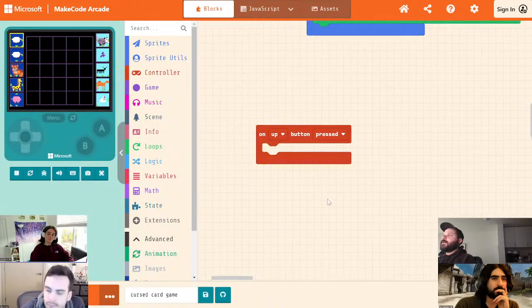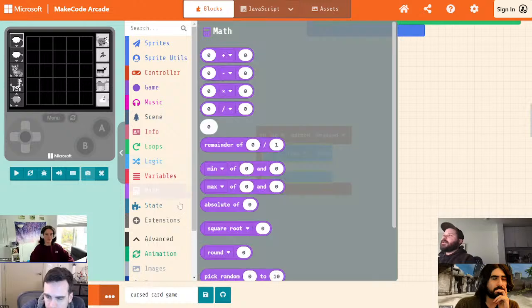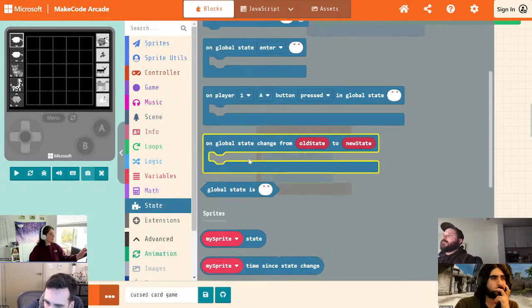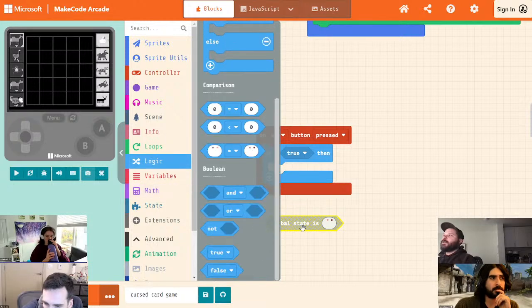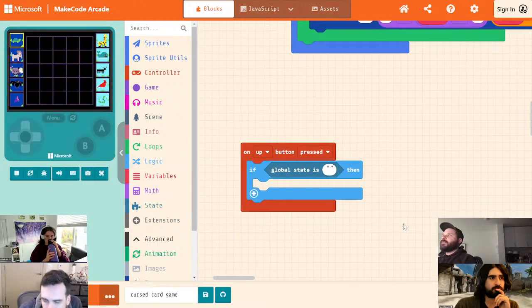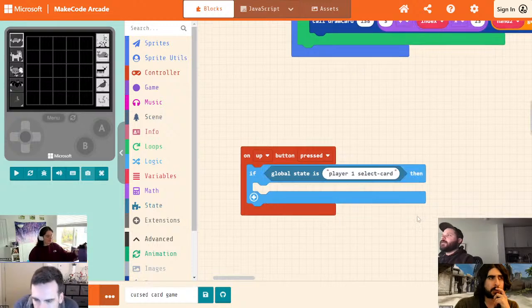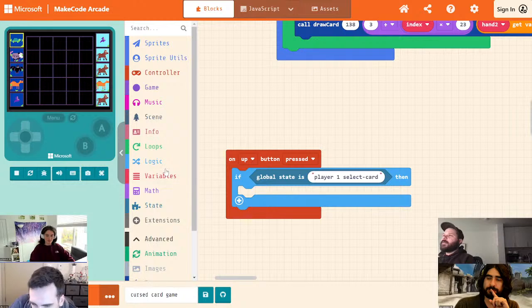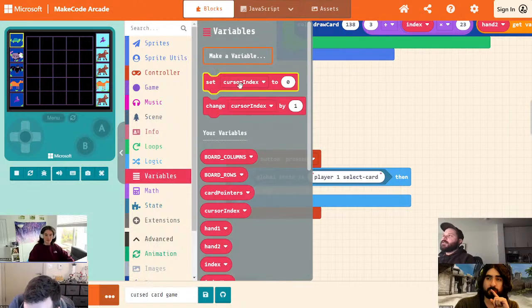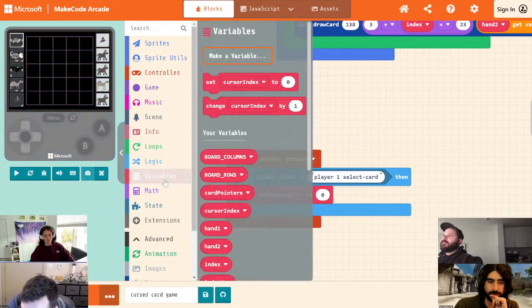So go ahead and make this up button pressed. And then inside here, we are going to check if the global state is... or you know what, we're probably going to have to handle both of these separately. This is just going to be annoying, but okay. So if global state is player 1 select card and you press up, then we want to set cursor index to be